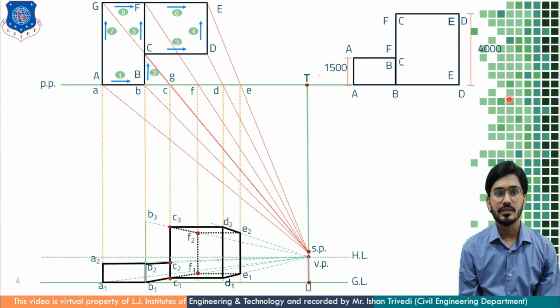Again, as I said, from F to E, that is our sixth step. From F to E, it is again a horizontal line. So I have highlighted the F to E line, a horizontal line. If you are correct in your drawing, these lines are parallel to each other. Here you can check whether you are right or wrong. If you draw with a roller scale, just roll down. If you get a straight line from the E2 point to F2, then you are correct. If you are not getting a straight line, then you are wrong. So here I have completed the sixth step.